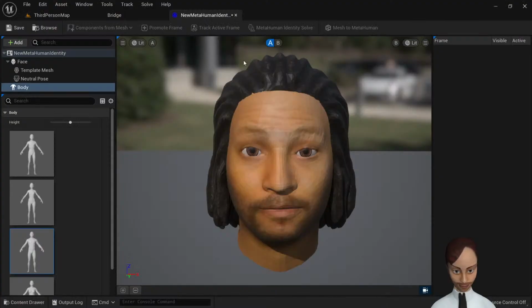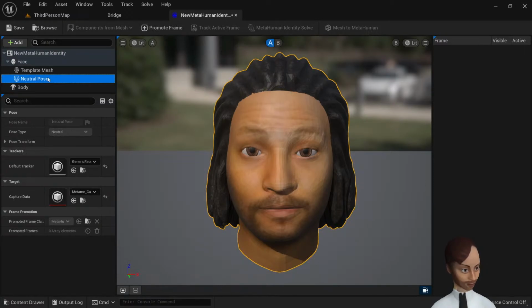So I have no idea what they're talking about, but we will try to see what they're talking about. So we select neutral pose because that's what they want us to work on. And then